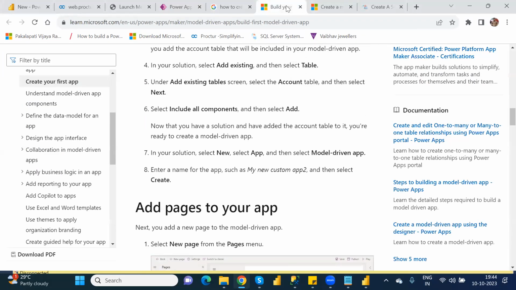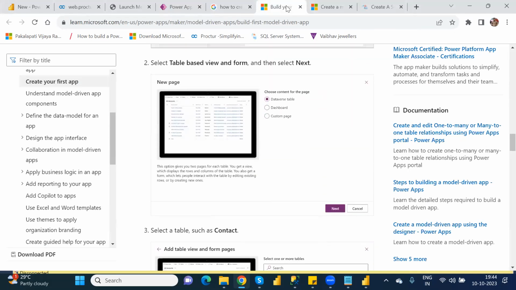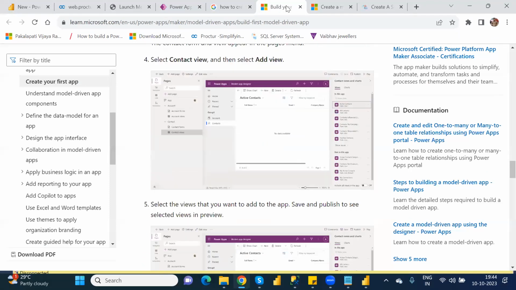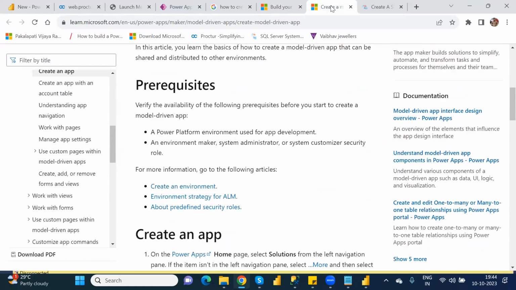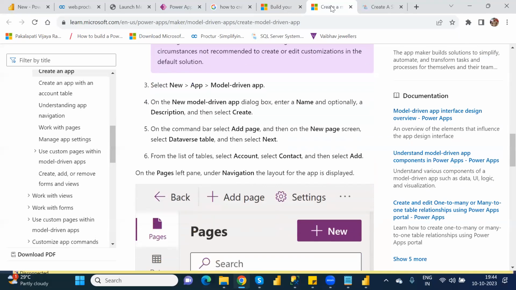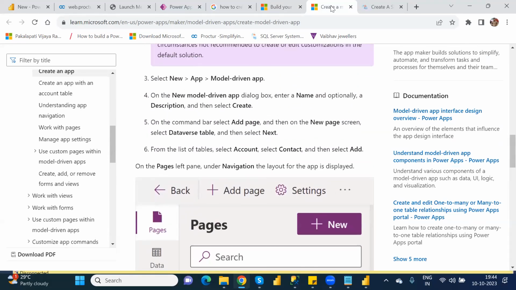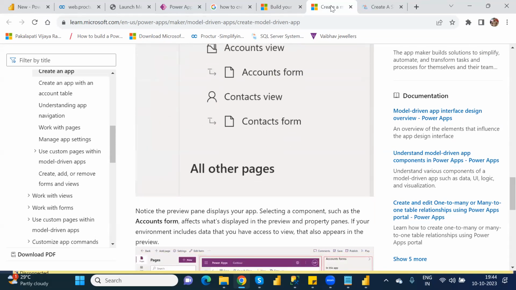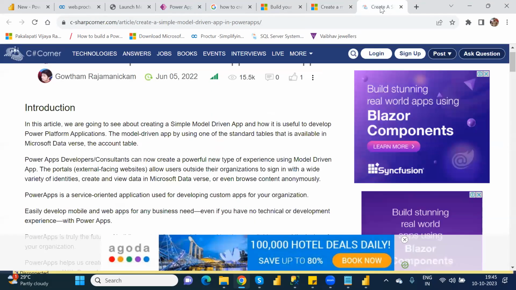These are the things I know, but like this, new app, under app, model driven app. These options are not there. Once again,